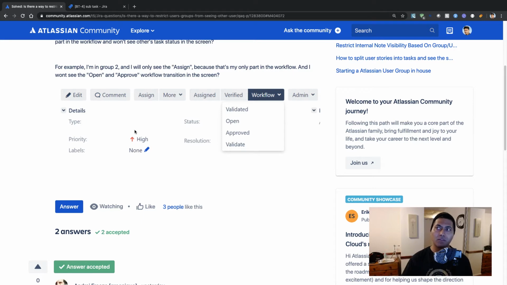Those transitions and the label of that transition actually appear on the Jira issue. So when you look at any of your Jira issues, you have the buttons on top, like assigned, verified, and when you have more statuses or transitions to do, you will see those transition names under the workflow drop down, like validated, open, approval, open, approved, or validate, and so on. So the question was all about hiding these statuses, or not really statuses, why I'm saying statuses, but hiding these transitions